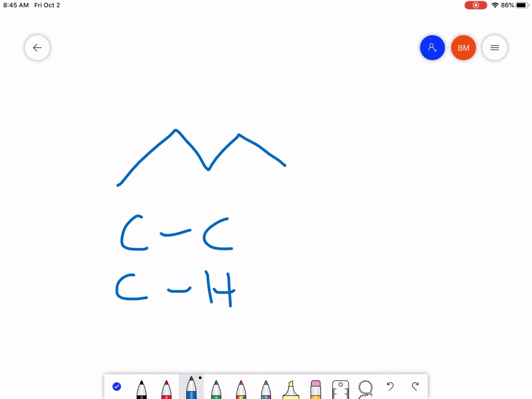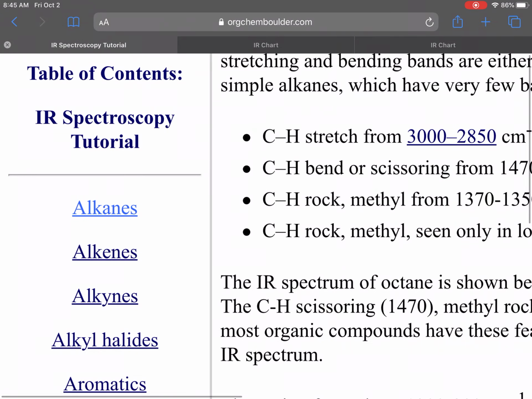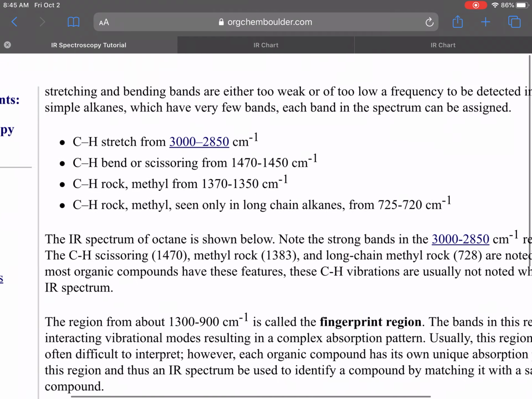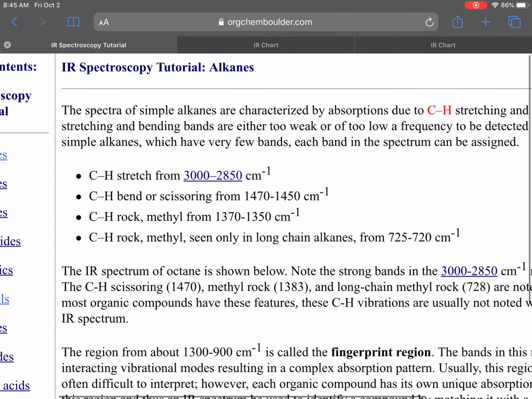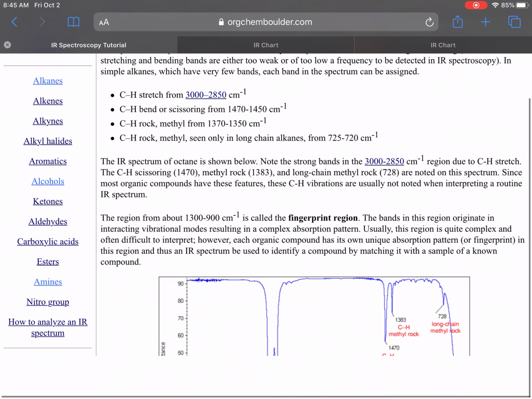All right. Now, if you look at an IR spectrum, there we go. Here, for each one of these, it has some common ones listed. Not all the ones they list are really that reliable, so I'm going to highlight the ones that you care about most. For alkanes, really, the only useful one is going to be the stretch from 3,000 to 2,850. That's really the only one that's reliable. That's typically a really strong, really sharp peak,